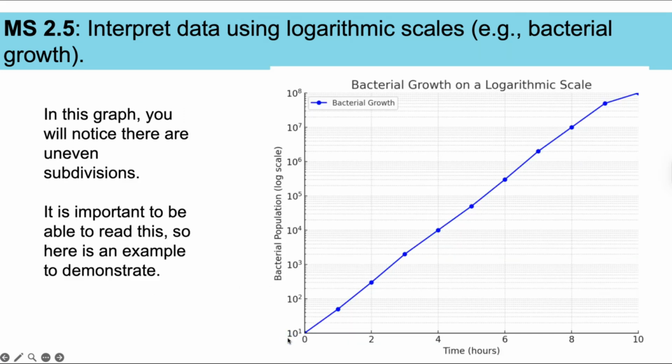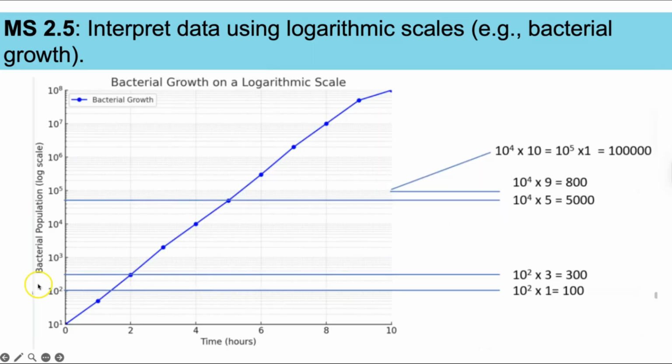Now you can actually also get graph paper, which is logarithmic graph paper, and we can see here in this graph that's what we have. You don't have even subdivisions on this graph, and it's important that you know what each of those subdivisions means and how to read it off. So we can see here that where we've got 10 to the 2, and that is the first